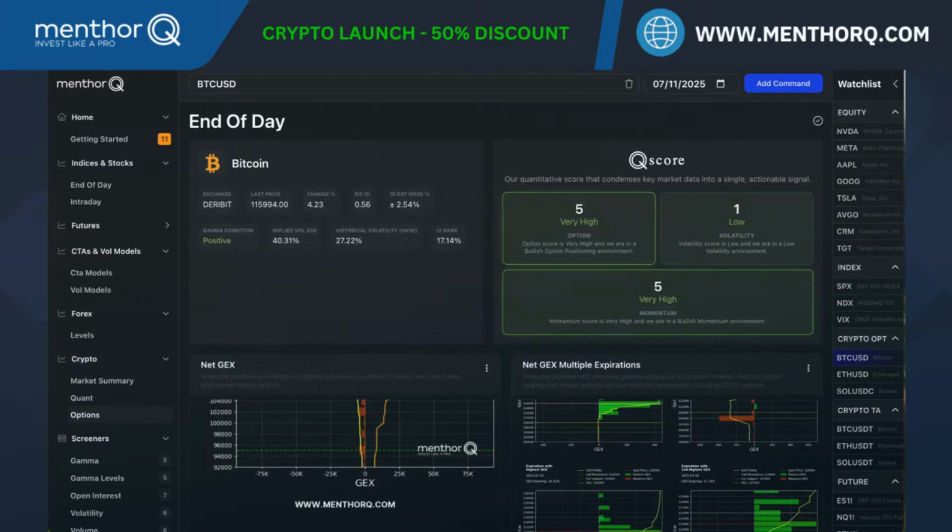Because I remember when I started trading crypto, and I do trade it, mostly swing trade it on some systems I've built, I'm very happy that my life has become so much easier now that MenthorQ is here. The thing is that you want to know what kind of trade you want to have.